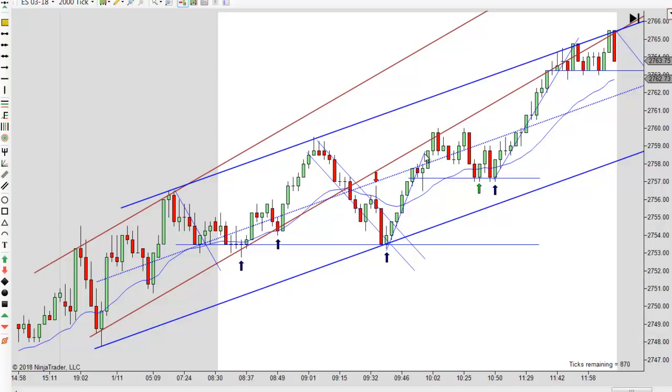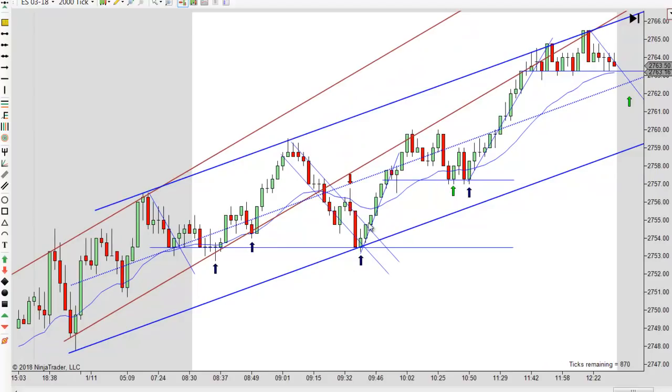I like this to the long side just because we're testing those lows again. And we do have a double overshoot here too, so that a lot of times that's going to lead to a big move, and of course it does. It just takes off. You got a little short-term trend line working up there. You get a close outside, move to a new high. You get a higher low here, but that's too bullish, so wait and see what else happens. And you do get a failed second entry long here,